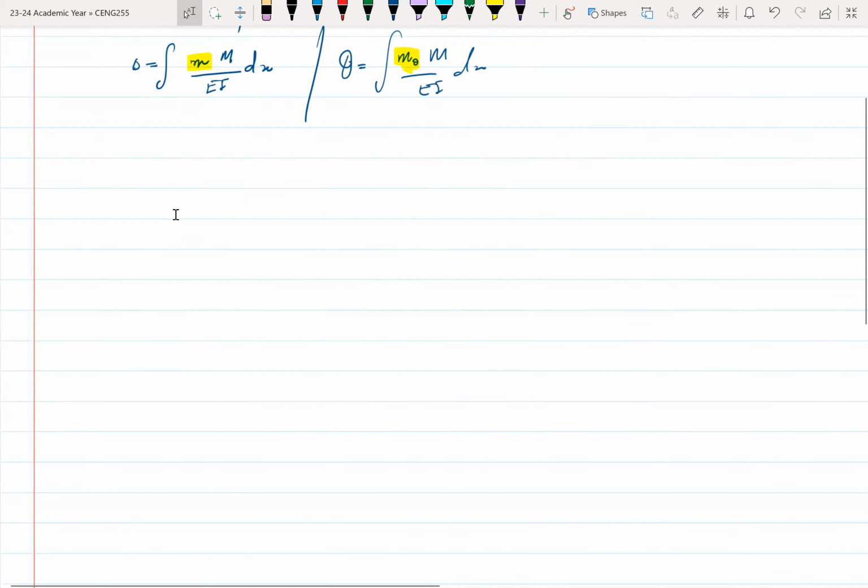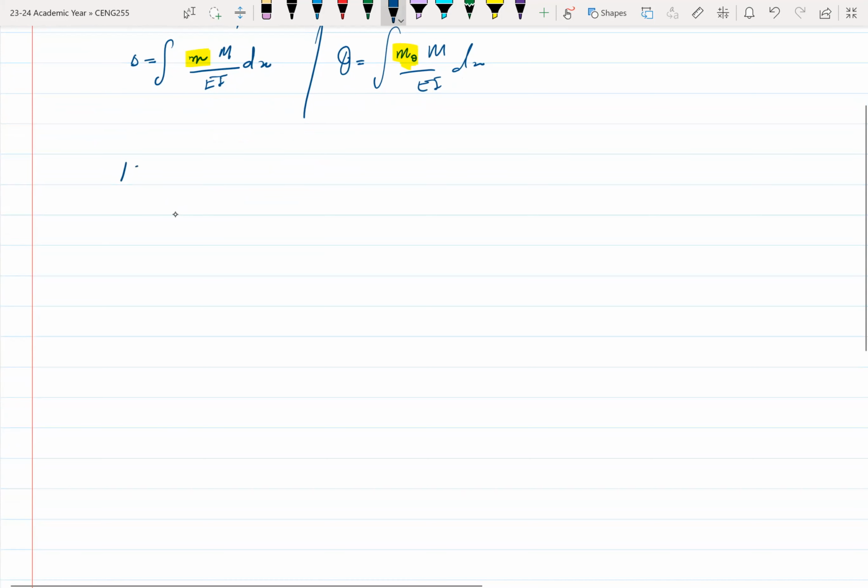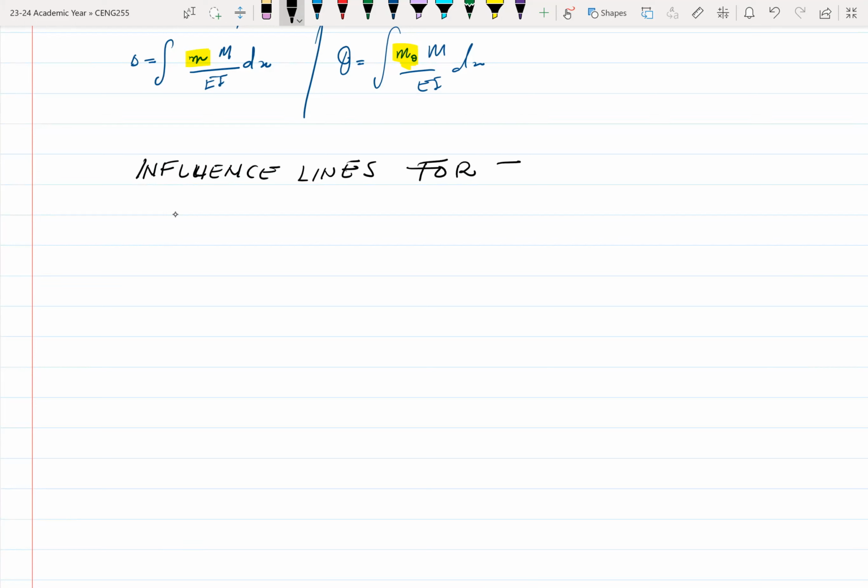So today I want us to look at a new topic. So that is going to be influence lines for trusses. In CENG 0155,